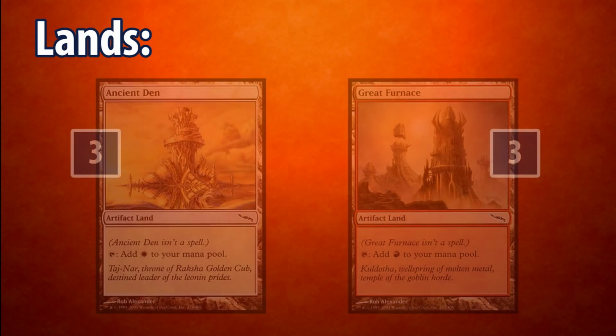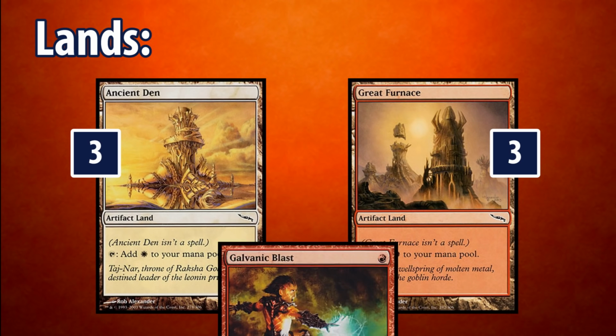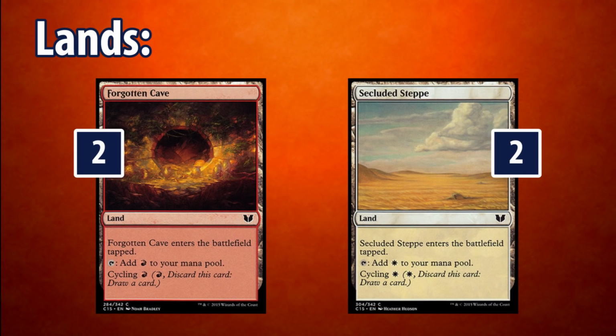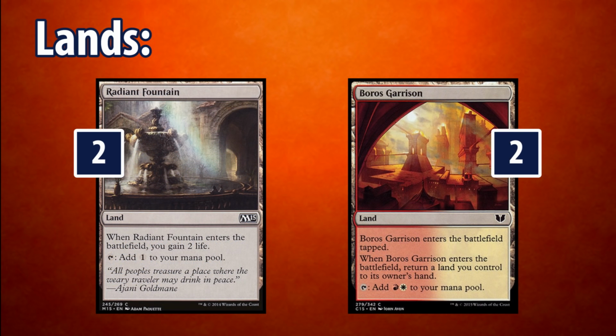Our mana base starts off with 3 Ancient Den and 3 Great Furnace, which have the added benefit of being artifacts themselves. This helps power our Galvanic Blasts and Kuldotha Rebirths. Next we have 2 Forgotten Caves and 2 Secluded Steppes as lands that we can use to cycle in the late game. 2 Radiant Fountain help us gain life and stabilize and have a great synergy with 2 Boros Garrison